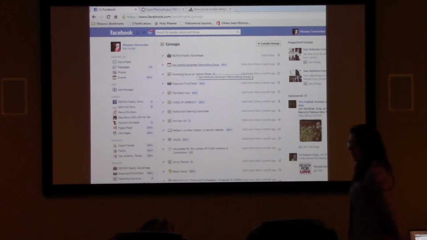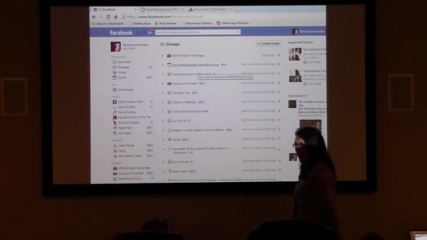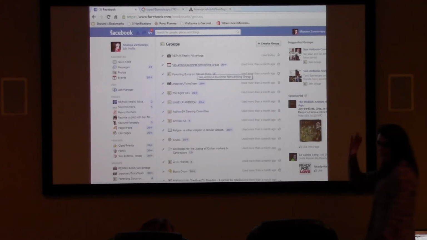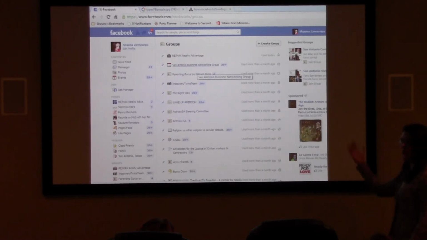So how do they know who to send the events to? I mean, how do you just get random events? Is it from people that you are... Yeah, whenever you create an event, it's going to pull up a list. It's going to pull up your entire friends list. It's going to give you an option to send it out to everybody, to a select few people, whatever it is.